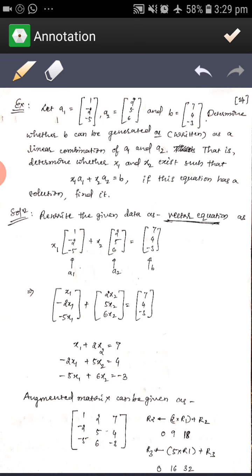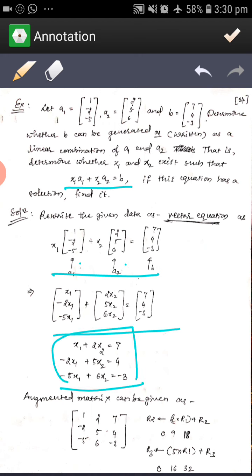We can write this in general form as x1 a1 plus x2 a2 is equal to b. As I said, a1 and a2 are like v1 and v2, b is like y, and the weights are x1 and x2, so we need to find the x values. If we find x1 and x2, then we can say that b is a linear combination of a1 and a2. Now in the same format, we replace a1, a2 and b with vectors, multiply x inside, and at the end write it as a linear system, meaning linear equations.